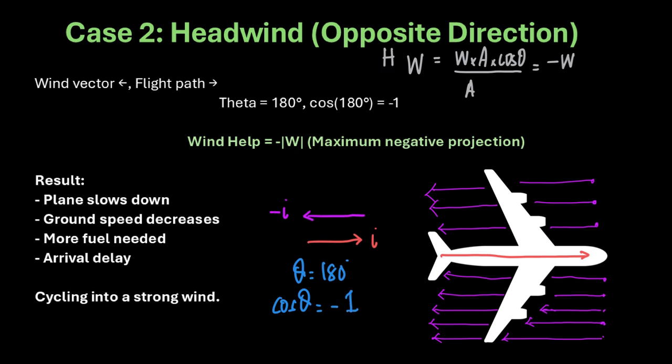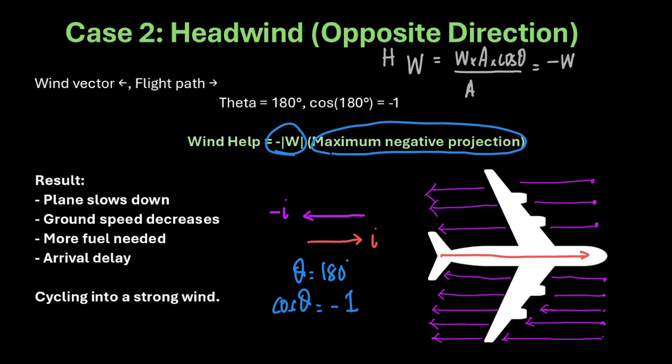So the help by the wind is W A cos theta by A, or D. A by A is 1, W cos theta is minus 1, so it is minus W. Therefore, the wind help is negative W, and it is the maximum negative projection. What does it mean? It further means that the plane will slow down irrespective of how hard it's trying to push. The ground speed will decrease and eventually more fuel will be needed to push the aircraft to resist this